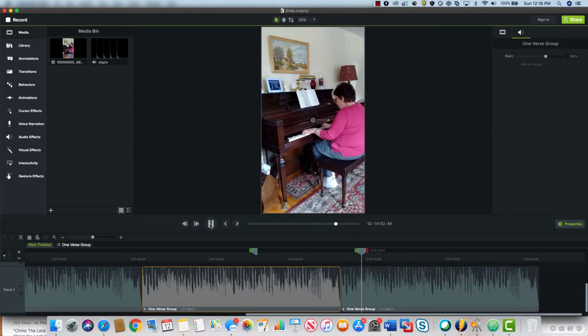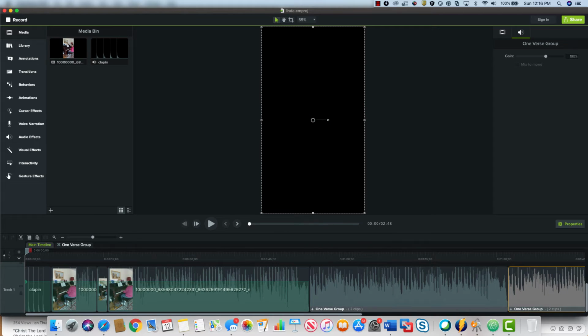Essentially have 4 times through of the same piece of music, which makes it really convenient so that we can actually have someone sing multiple verses of the hymn. So that's kind of what I had to do with the clip of Linda. And once I had this all mixed the way I wanted it to, and I had my 4 claps at the beginning,